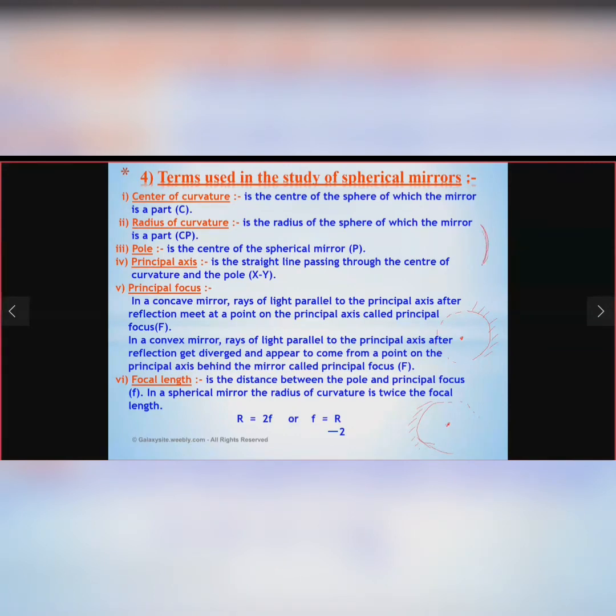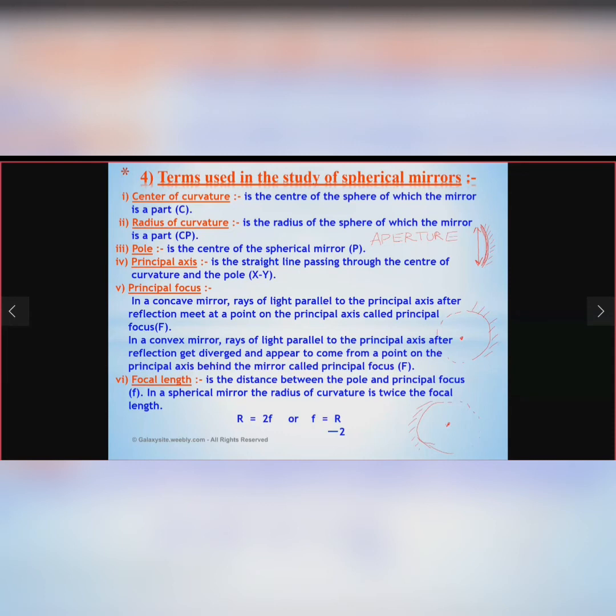See, I have drawn the curve as a very slight curve, so it can be considered as almost a straight line. Okay, so this length of the reflecting surface, what do we call this length? Ma'am, radius of curvature. Ma'am, focal length. No, not focal length. That is called aperture. The length of this reflecting surface is called aperture.